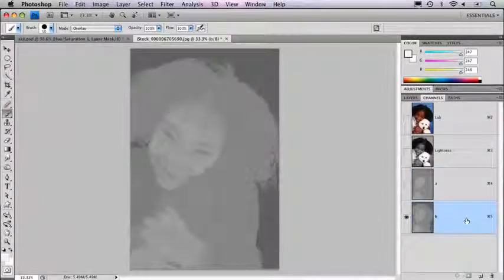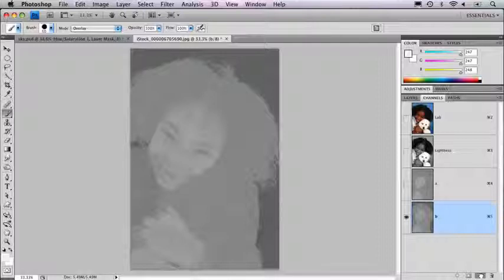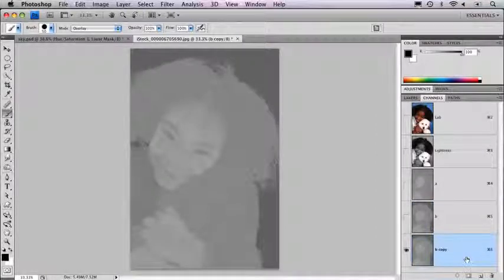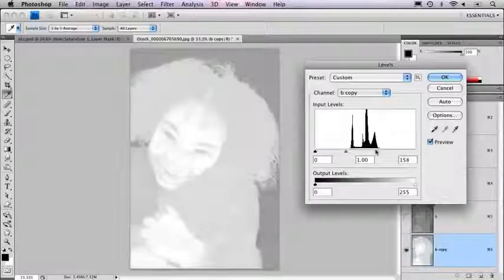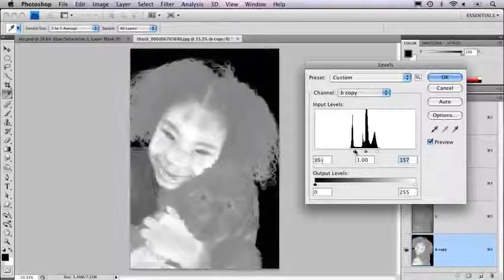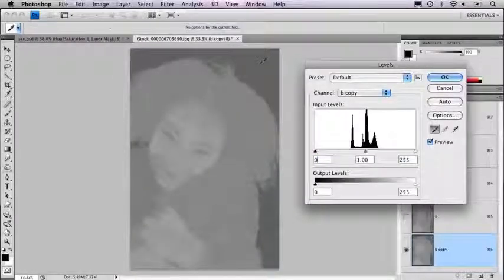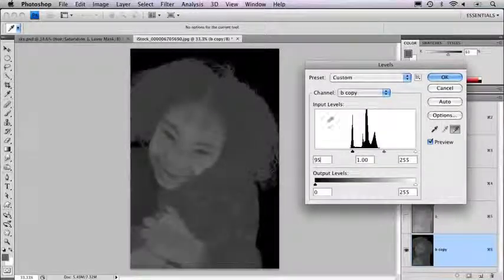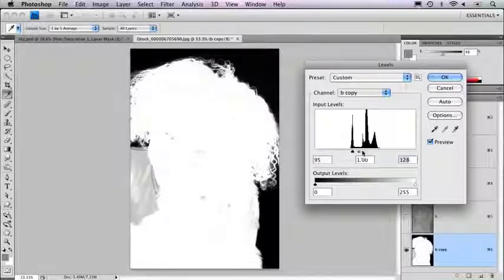Now, at first, it might not look like you're going to get much of anything out of this, but take a look at this. If I take this blue channel, or excuse me, the B channel, and duplicate it, and then simply go to levels, I'm going to tell it I want the interior part, white part, or this gray part to be more white, and this to be black. Or I could even do it this way. Click on with the black eyedropper, say make that black, and take the white eyedropper and tell it to make this white. Now, it's still not pure white, so I could push it up a little further,